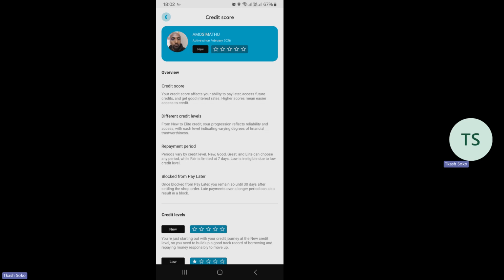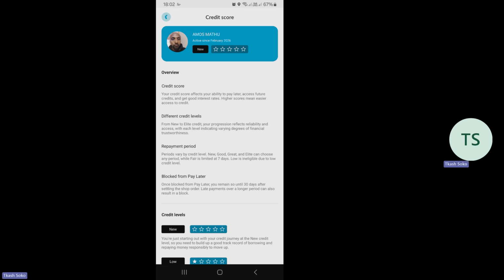So you just make my hair, but I don't have money now, nitakulipa baadaye. That is what pay later is all about. It's all about giving services and products to people without cash money at that instance so that they can pay you later. So hii credit score ya customer atakuwa inaitengeneza through spending.